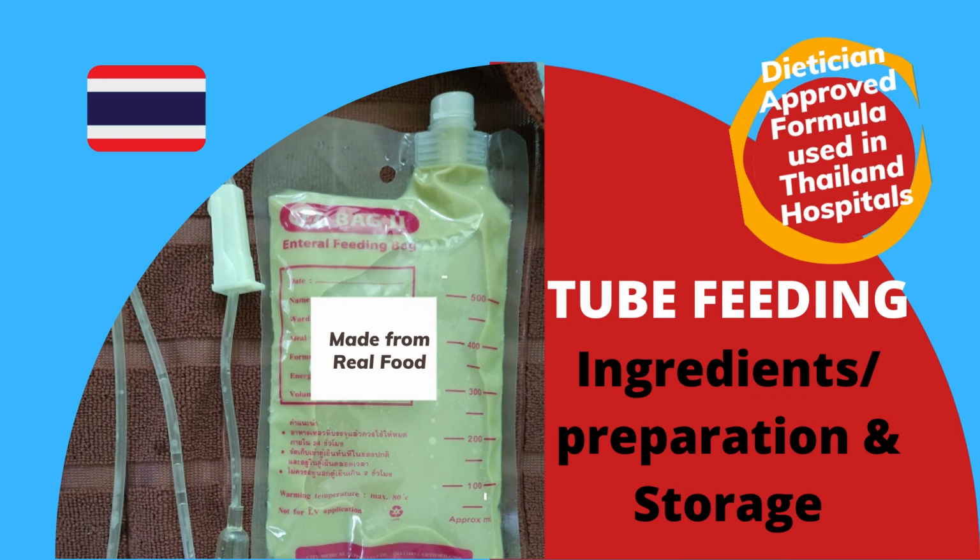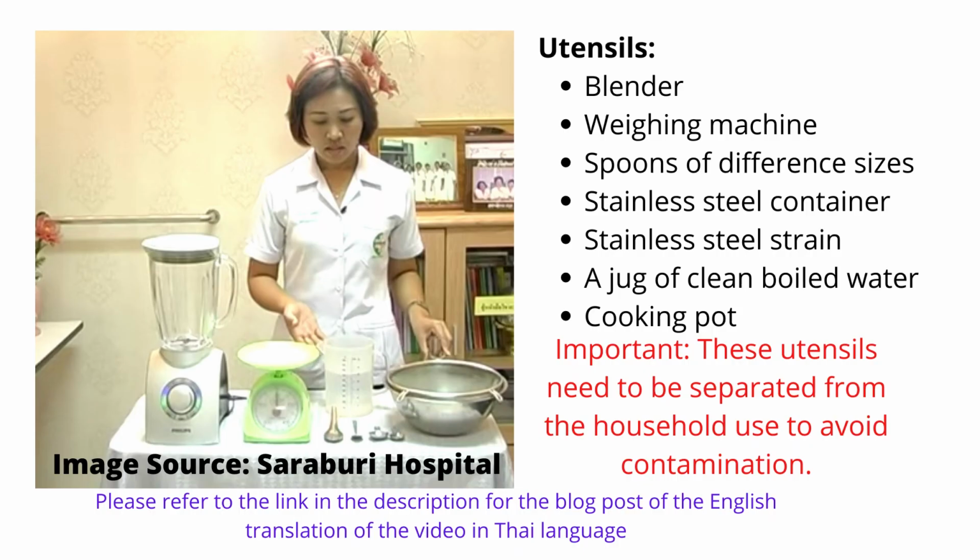In Thai hospitals, they have nurses that have done a few videos on the preparation of food used for tube feeding, including the ingredients, the precautions, how to cook, and how to store this food. I find that it's very useful because my mother has been on the diet, because the diet is quite standard